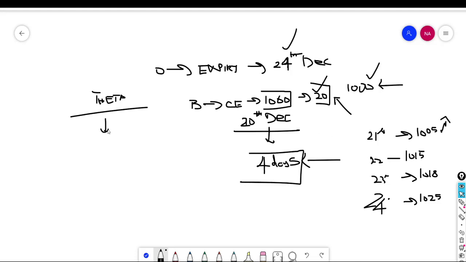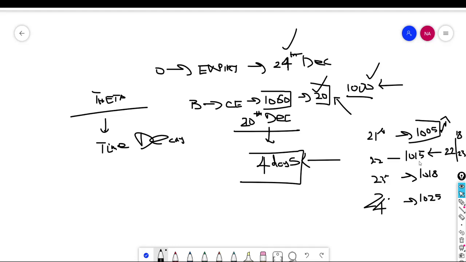So theta will decay the premium. That is where time decay comes in. It will reduce the premium of the strike price. That means even if the price is up by 5 rupees from where you bought, when you bought this option the stock price was 1000 and now it is 1005, but you will not gain much premium here. And the next day at 1015, the option would still be trading at 22 or 23, or it can even be below 20. It can also trade at 18.